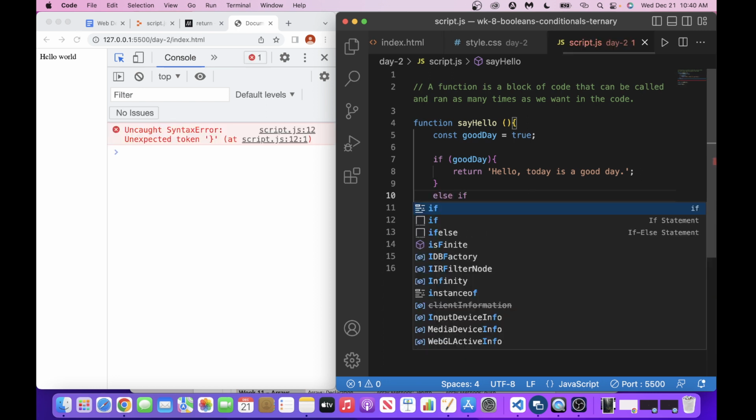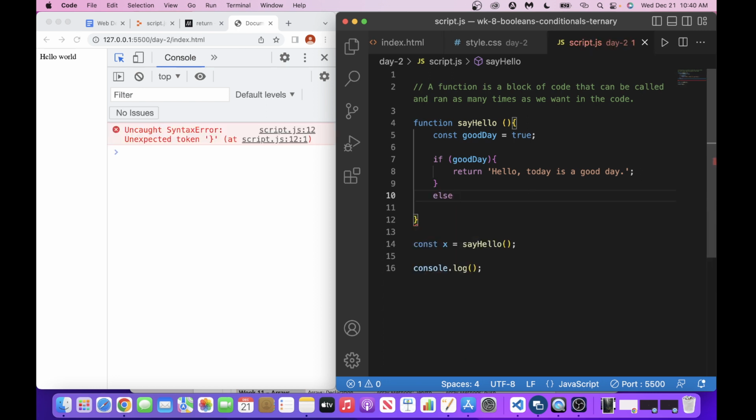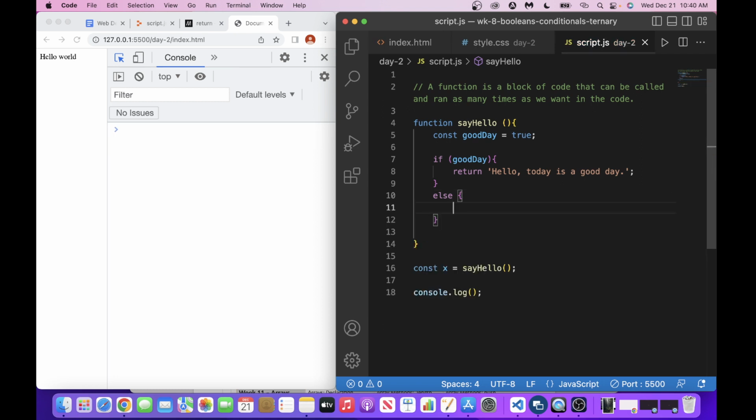Else, we can actually just use the else here. That would probably make the most sense. The else will just evaluate to false because there's only two conditions here. We could either have true or false. This does the first one, this does the second one. So else will return is a bad day. So in this case, we'll be able to get a return value of either one of these